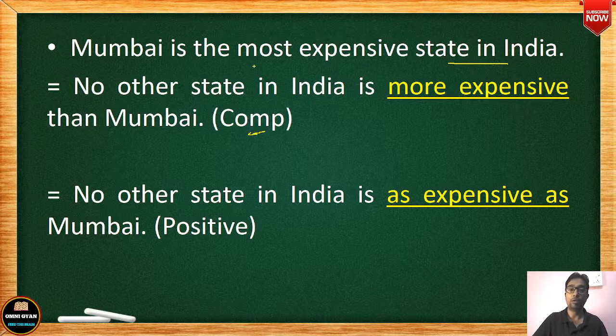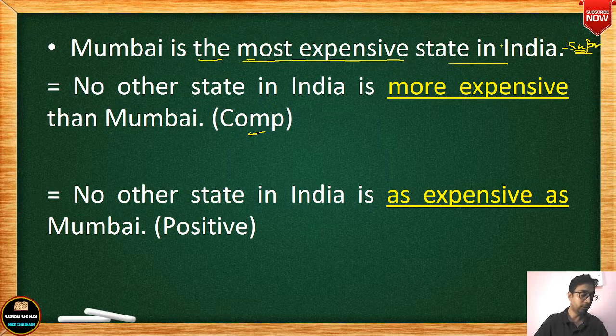ठीक है, अब you have to change this sentence into comparative. Now let me tell you, I have not written here this sentence because there is the plus most expensive, it is superlative degree, so this sentence is in superlative degree. I did not have space here to write, that is why I could not write. Anyway this is superlative degree, you can note it down, okay। ये आपका सुपरलेटिव डिग्री है।